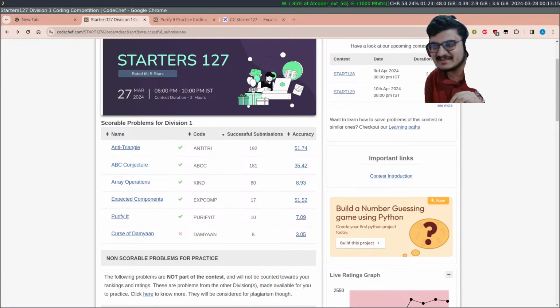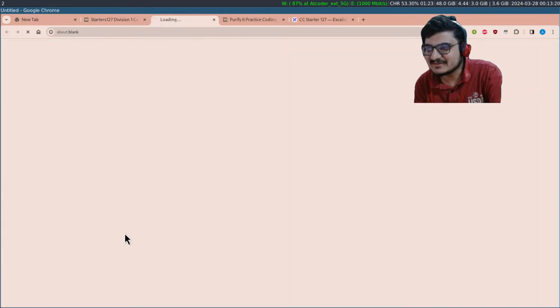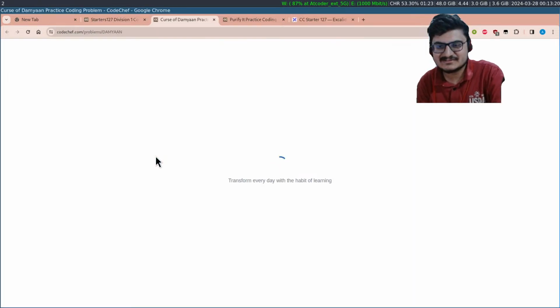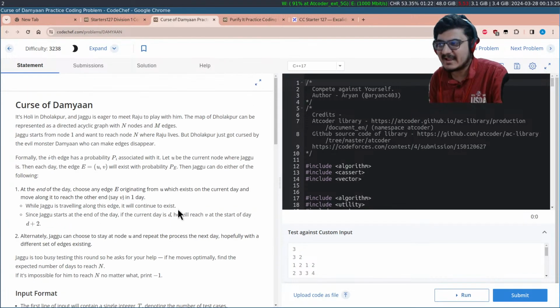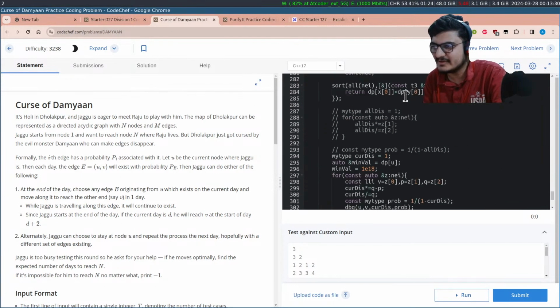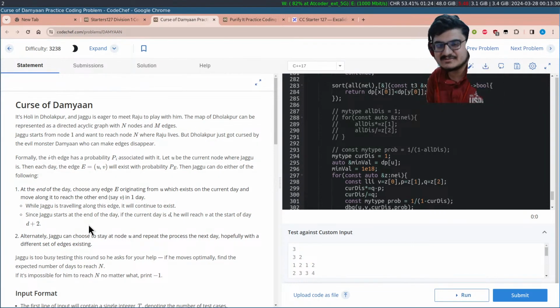Hey, hi Viraj, I think you are the Jagu Banda, right, who wrote this problem. The idea was interesting, and I don't really know how to solve it yet, so I will take a look at the editorial. I was trying to do it with some strongly connected components, but I was not able to get it. The problem is interesting, to be honest.